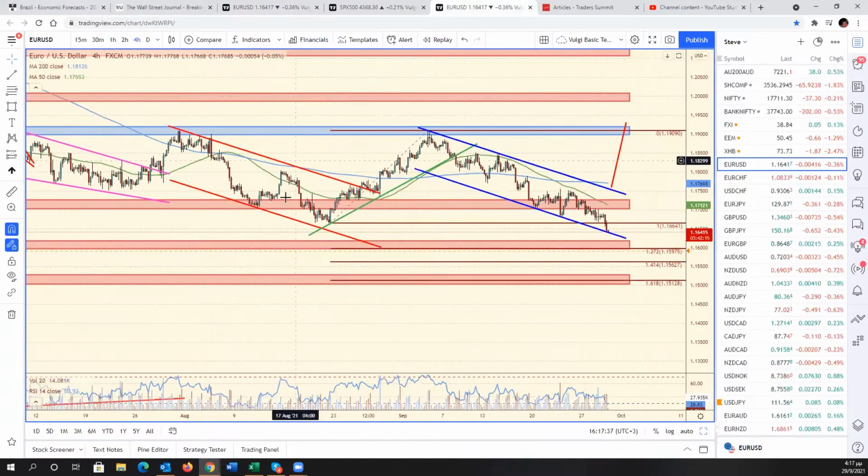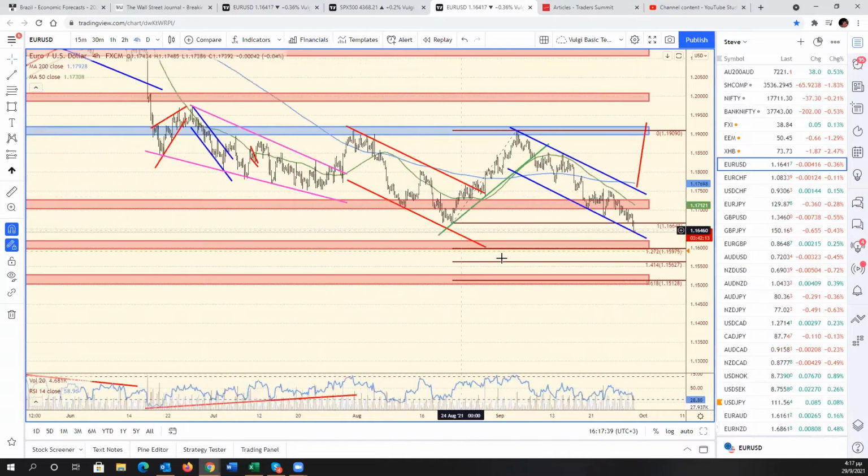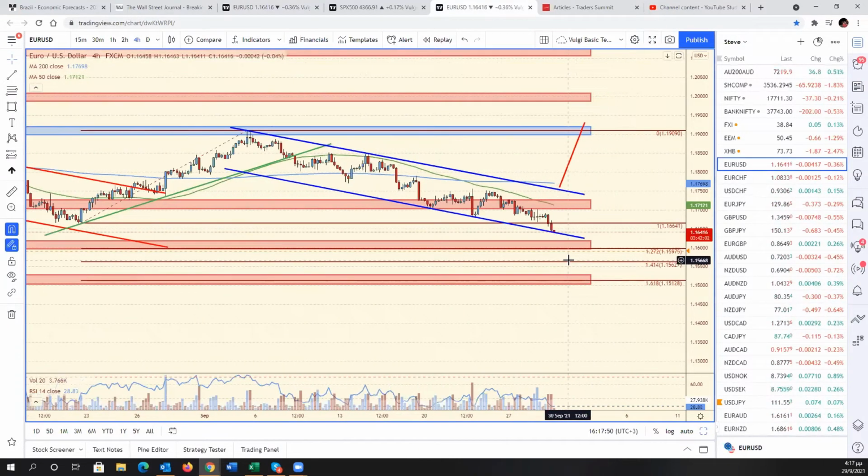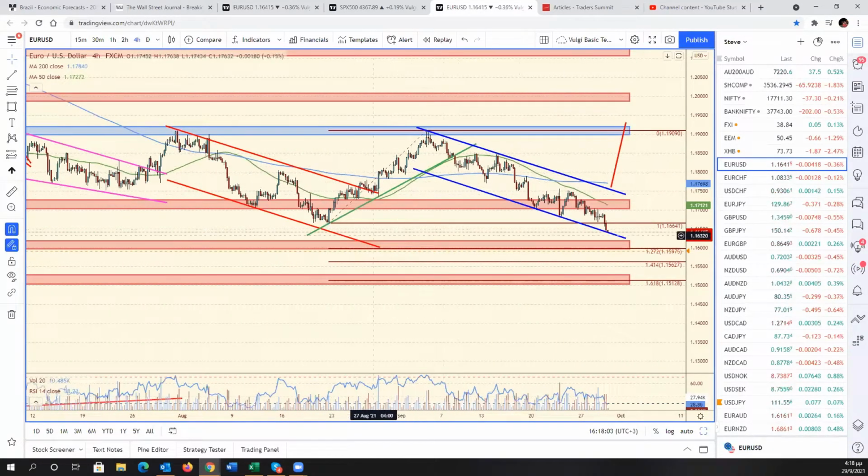Now, if we focus on a shorter term horizon and we look at the 4-hour chart, you'll notice that they have this descending channel here. And as you'll see, we're currently testing this channel's trend line support. So I'm not going to indicate this as being support since we're exactly on top of it. We're going to talk about which is the next downside target in case we break through that, which is the 116 area, which is also the 127% extension of the last rebound higher. So 116 is going to be our support for today,